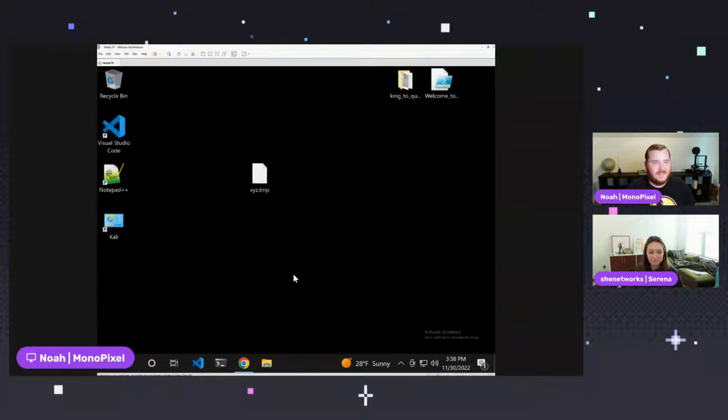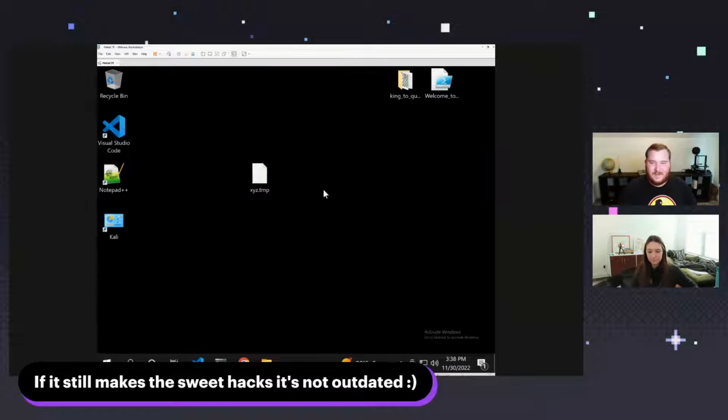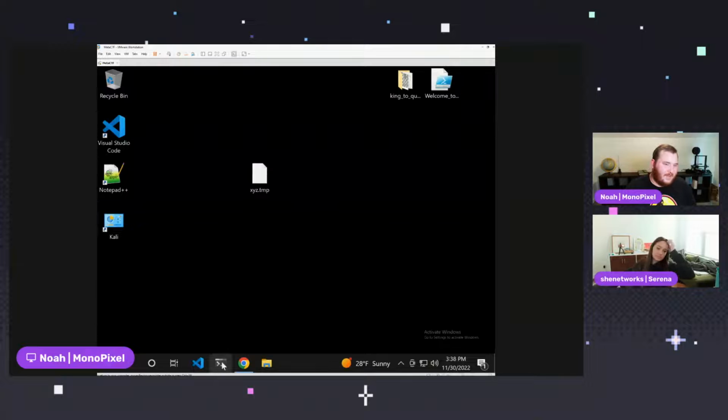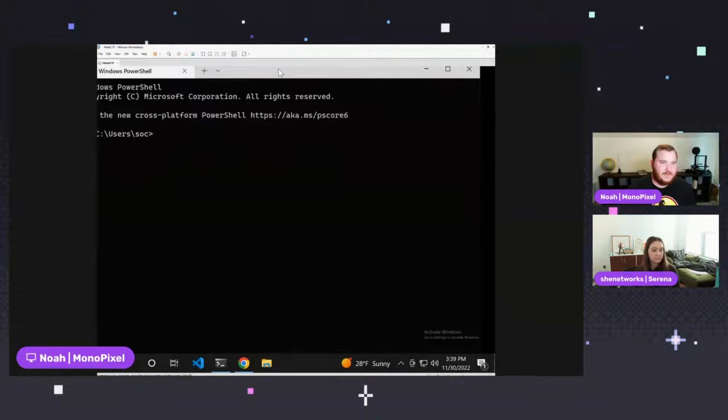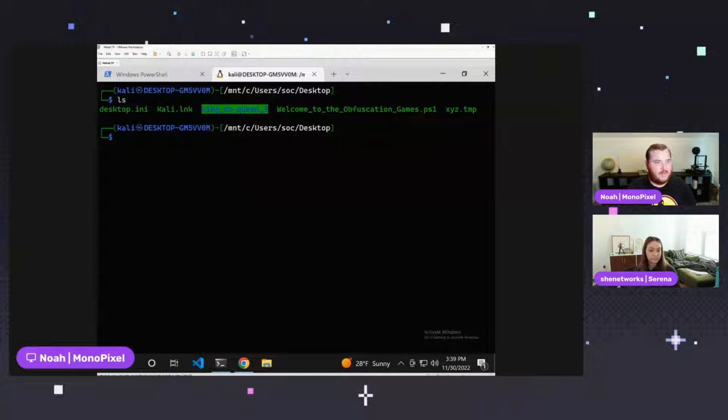But what you can do instead, if you don't want to do it quite like that, and you're like, well, what is this file? It's obviously got binary in it. For those who don't know, whenever you open up something and it looks that ugly, that's a binary file in an ASCII text renderer. So then that's where we can go to our Linux box. You might notice I'm using a Windows box, but I've got WSL, and my terminal doesn't want to open. There we go. So we're going to drop down into a Kali Linux shell. And ls, we're going to see we have xyz.tmp right there. So if you run file on that file,